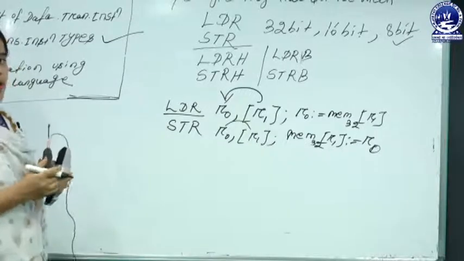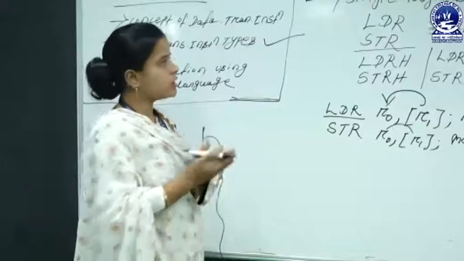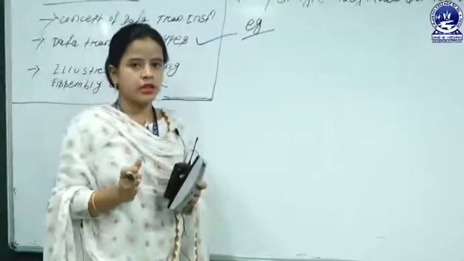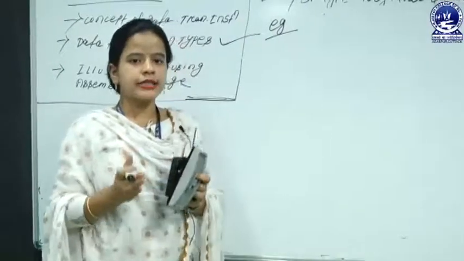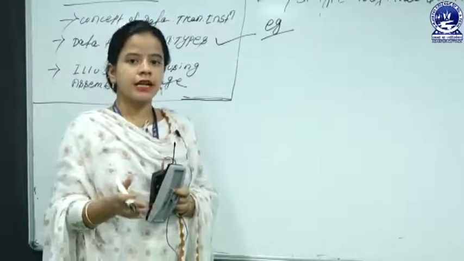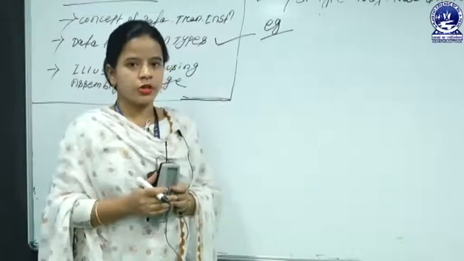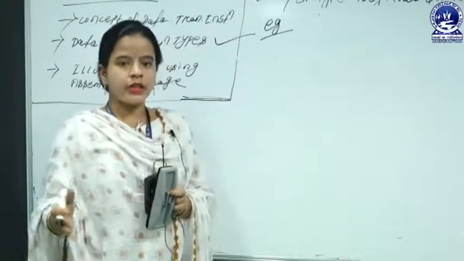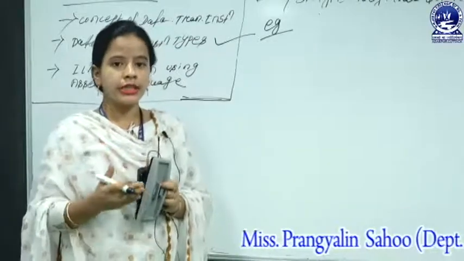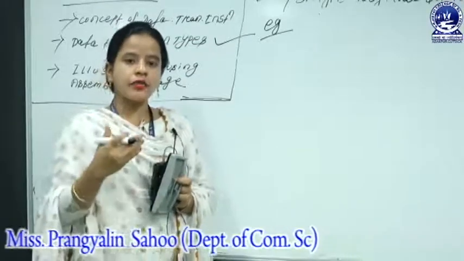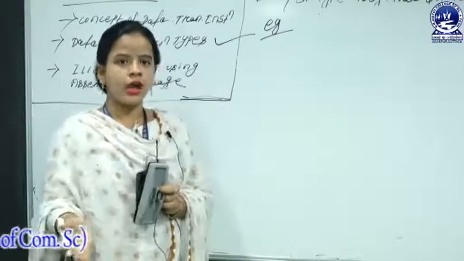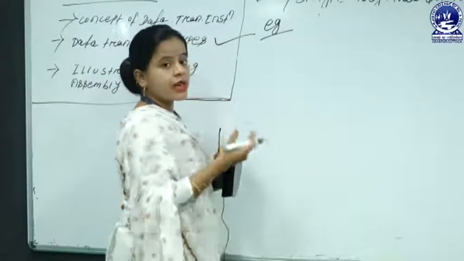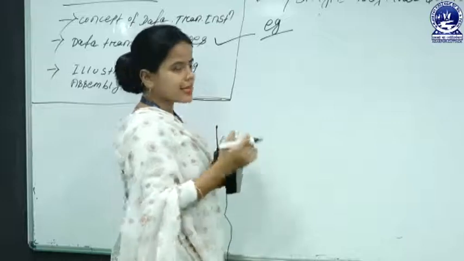So now let's check how we rewrite a program using single register load and store architectures. For example, suppose the programmer is executing a program to transfer some data from memory to register and register to memory. Some data already exists at some location, but at the time of execution the programmer needs to load data, and after loading, restore it to memory locations. So how is that possible? First, you have to retrieve the existing data.